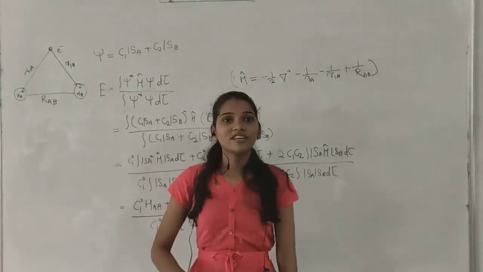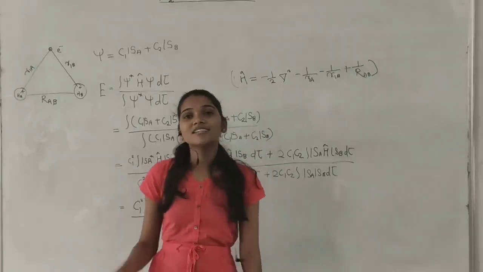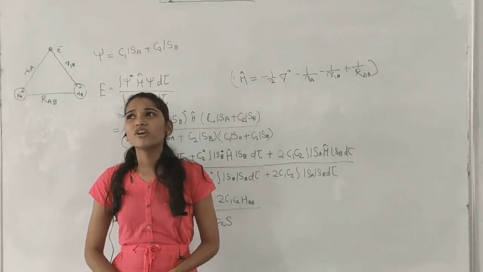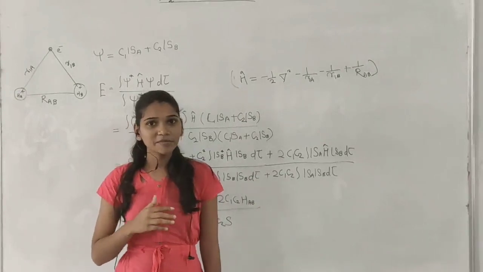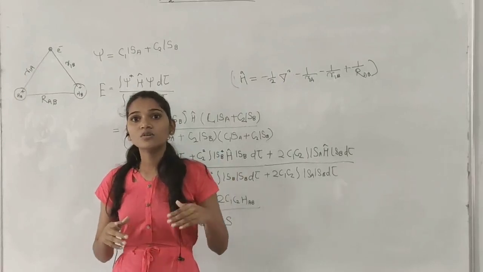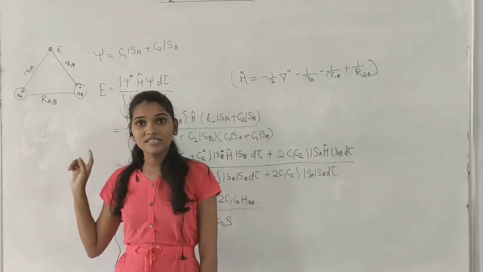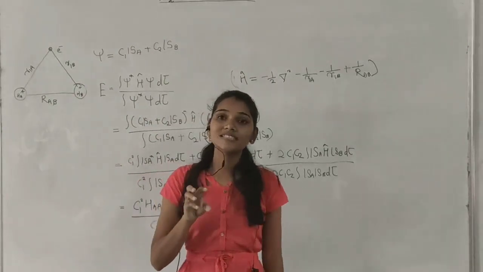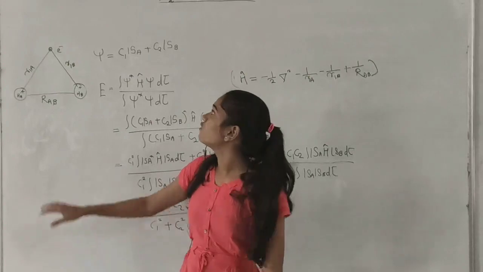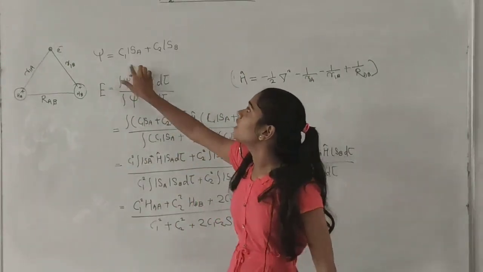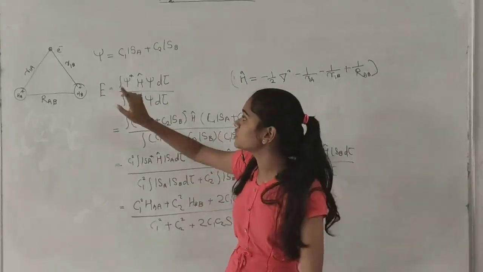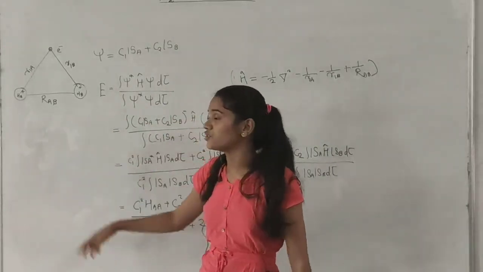In this case there are two cases. First, the electron interacts with only one of the hydrogen atoms. But then the energy of that hydrogen atom will increase, so we cannot calculate this. So we have to consider that the electron is associated with both of the hydrogen atoms. The wave function is this, in which C1 and C2 are nothing but the time spent by the electron with respect to the first hydrogen atom and the second hydrogen atom.